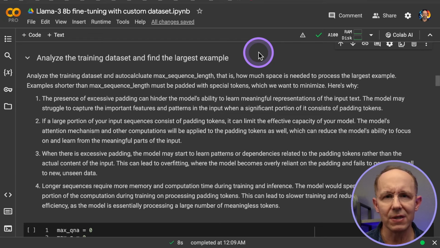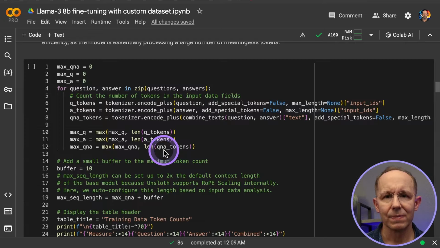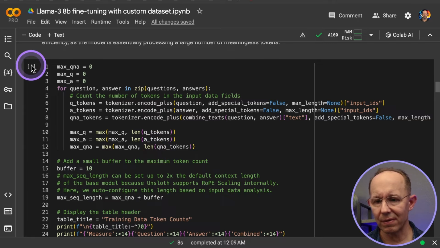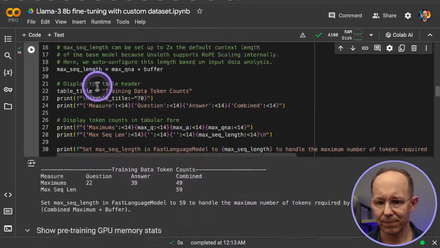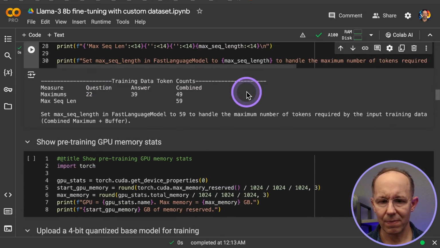You can read the more detailed explanation above the cell. So we're going to go ahead and run this cell now. When we run the cell, we get a convenient table showing the maximum lengths of the training pairs and the max sequence length we should use in the next step.